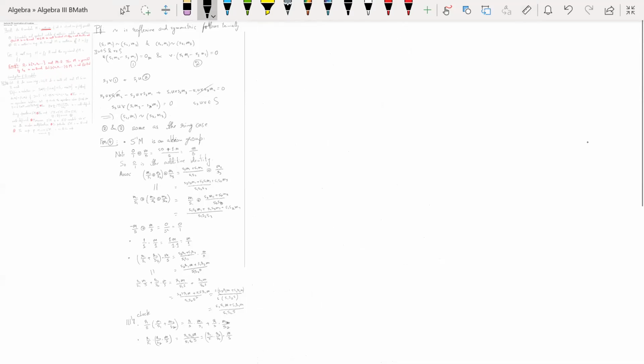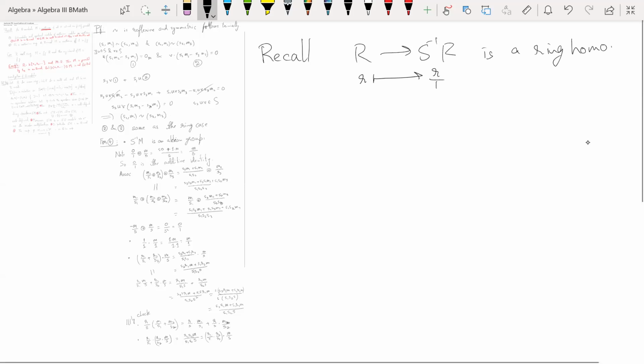So in particular, recall that the map from R to S inverse R, sending R to R over 1, is a ring homomorphism. Hence S inverse M